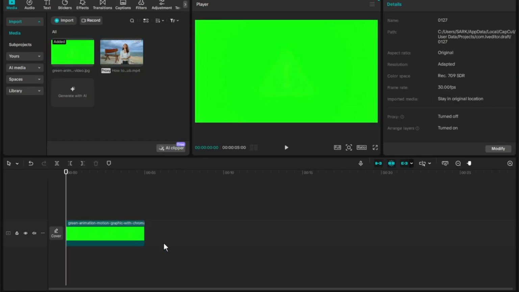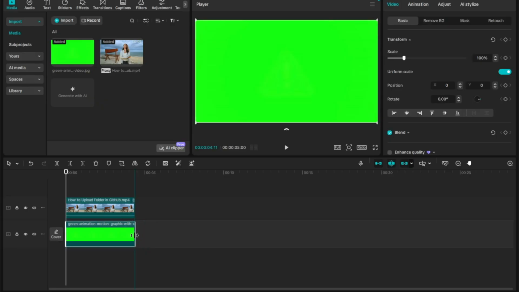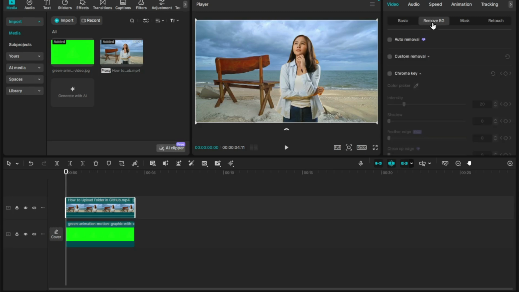Okay, this delete. Then I also import this one, the upper line. Then green screen some down. That's good. Now just select this video, then go to the remove bg option, just click here, then click on auto